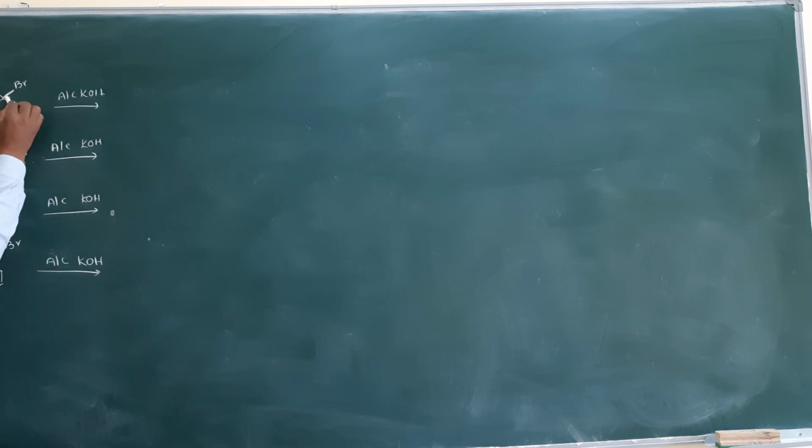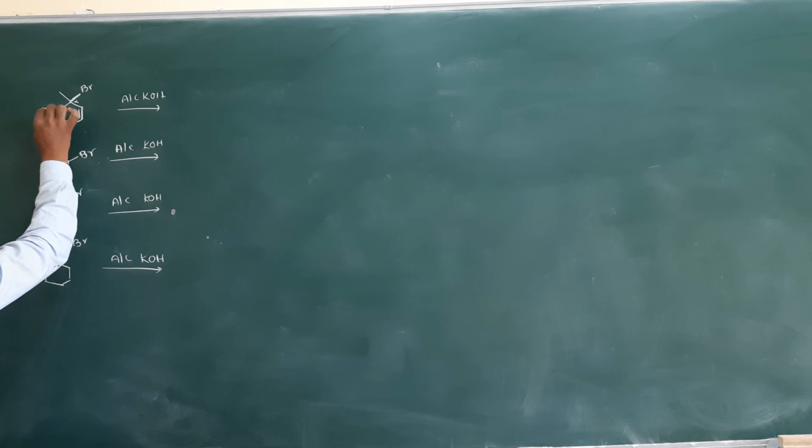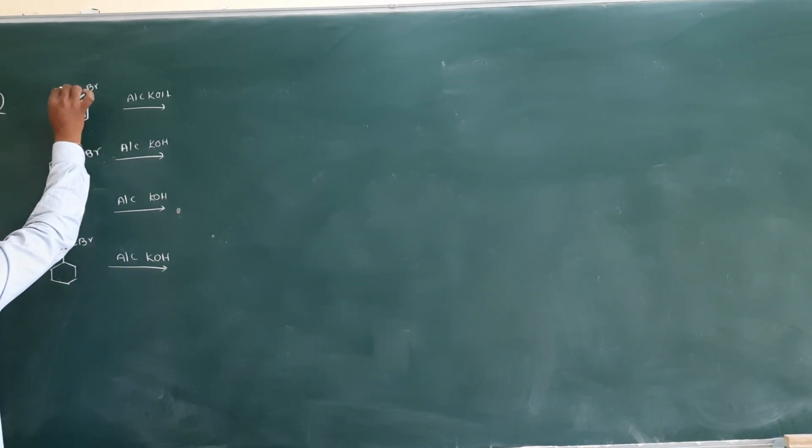This is alpha carbon. Clear ma? And the carbon attached to alpha carbon we will call a beta carbon. This beta carbon is having hydrogen. Here also the carbon attached to alpha carbon we will call a beta carbon, and this beta carbon also has